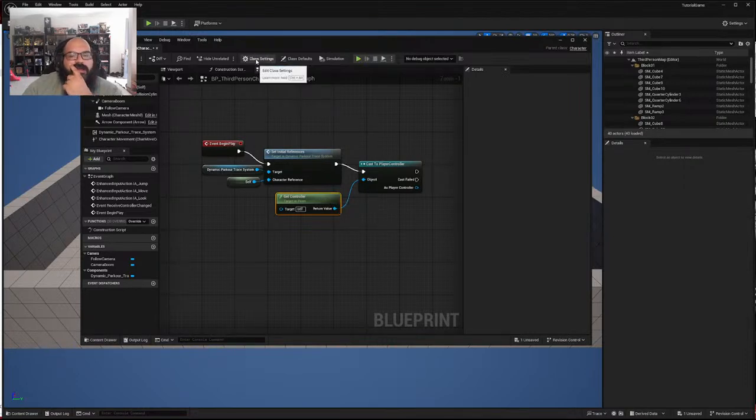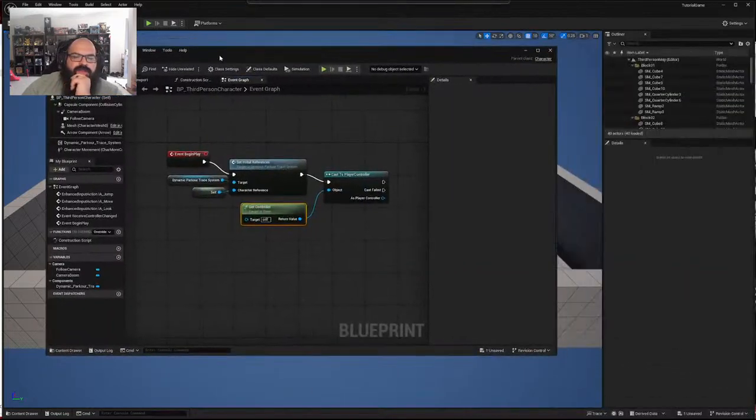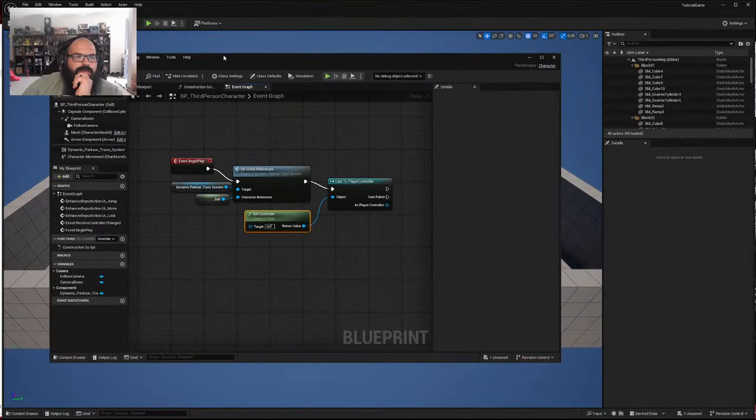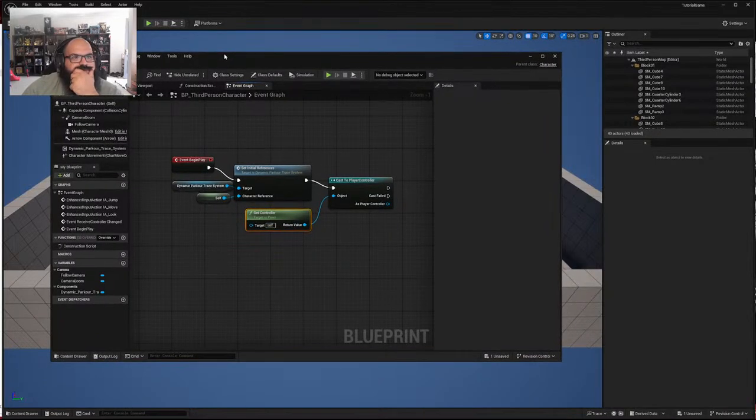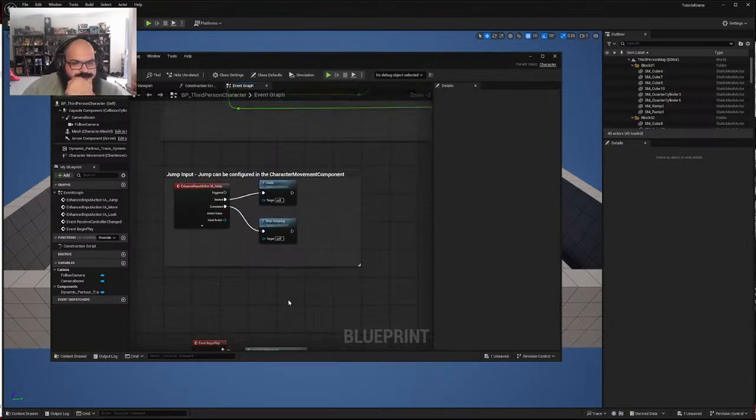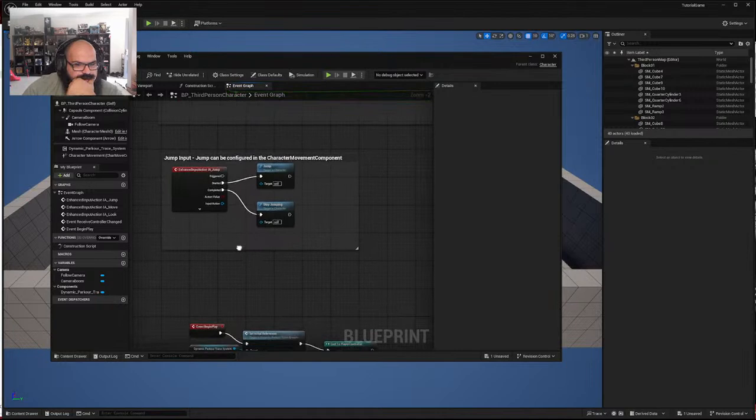What am I doing? So I'm implementing that dynamic parkour trace system to Unreal Engine's Blueprint for the character model. Okay, so now if we want to jump, so